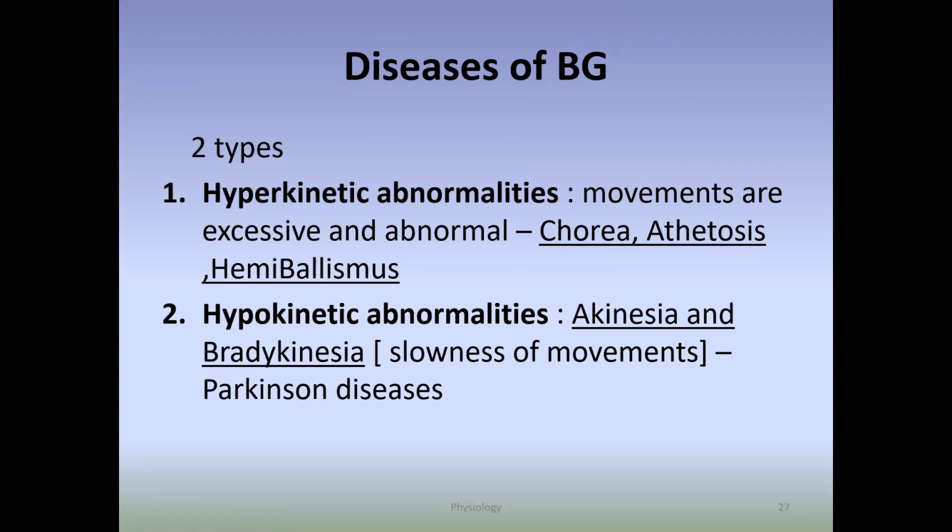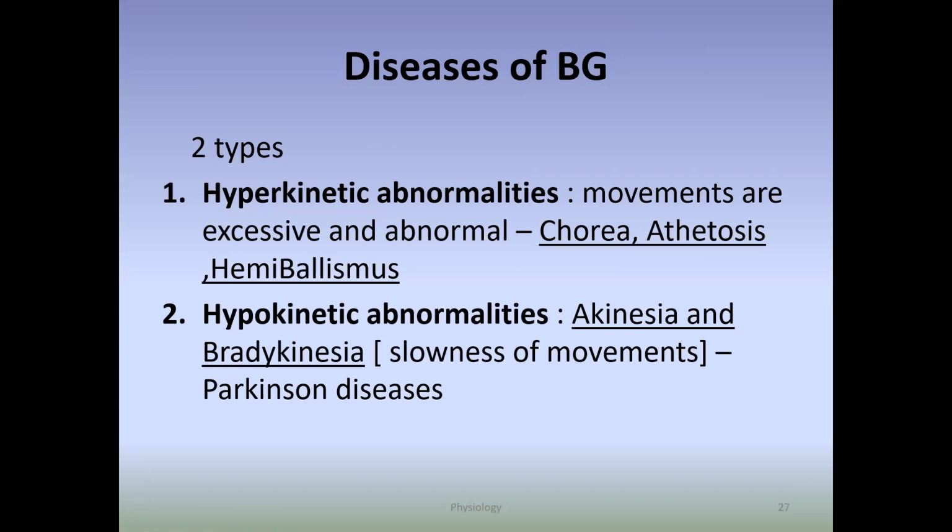Now, why is it called snake charming? Because the movement of that particular upper limb or lower limb is like a snake. How the snake crawls over the ground, the same movement of that particular hand or lower limb is there. That is called snake charming movement. Then hemibalismus is the sudden flinging of the arm. Again, it's because of damage to one of the components of the basal ganglia.